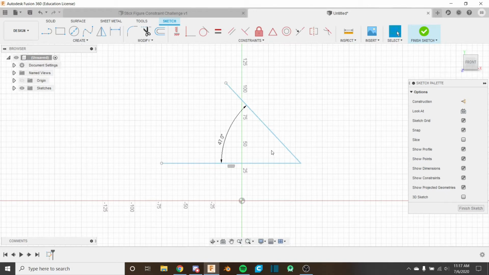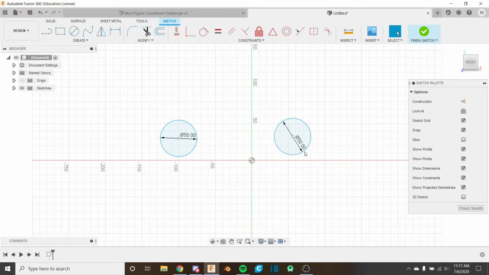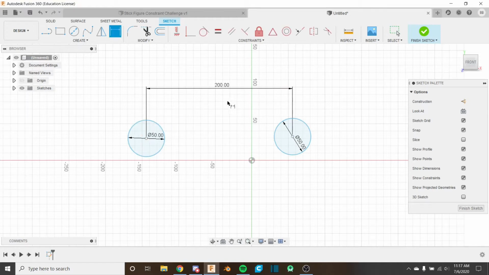Now let's take a look at the circle example again, where we have two circles and we are making them 200 millimeters apart. So I'm going to create my circles, select the center points again, and put 200 millimeters. Now, this is probably something you're going to run into later, but let's say I